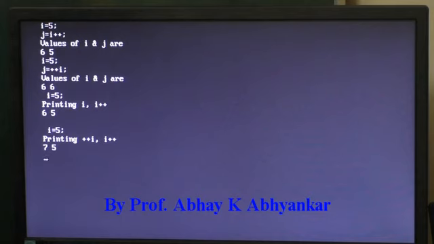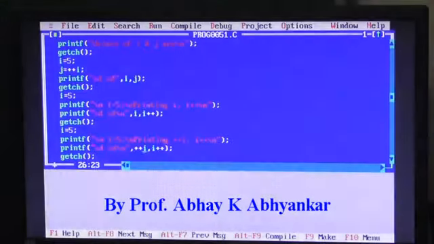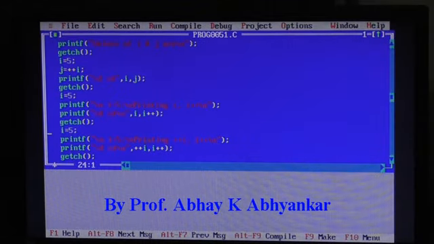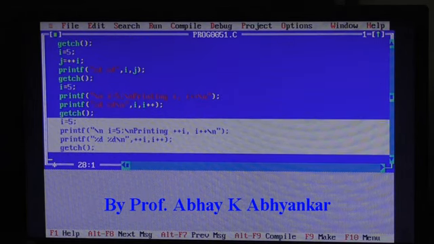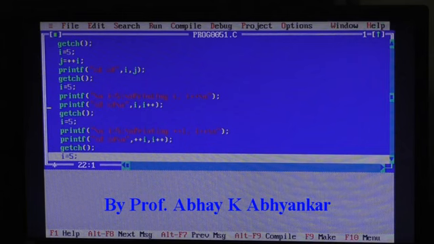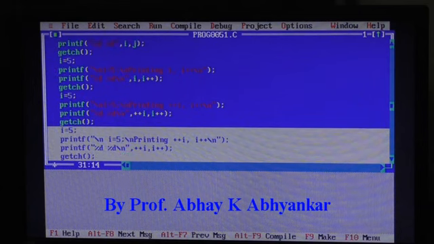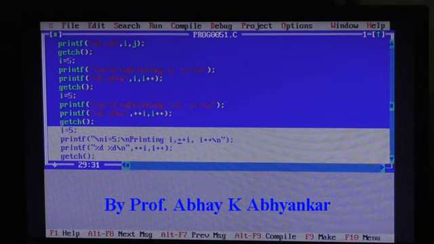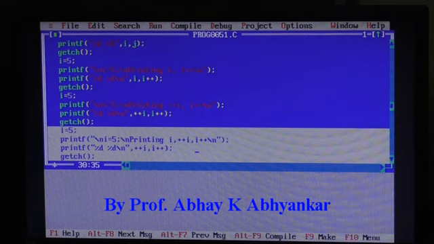Because it goes from right to left. First it is the value of I, which is 5, incremented to 6, then it is pre-incremented, so it becomes 7, and then that is printed. And in the last case, which is something that has been asked repeatedly in common aptitude tests, the moment you remember it is left to right and right to left, I suppose your job should be simple. So I am printing I comma I plus plus I comma I plus plus, and if the three values are to be printed,